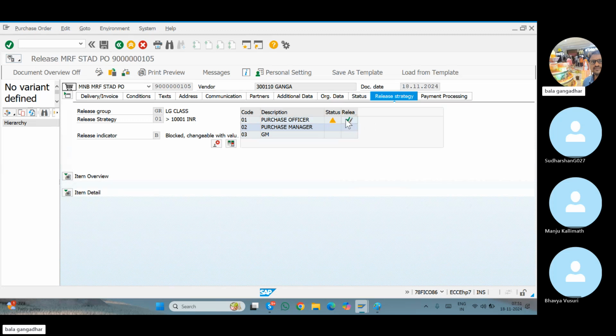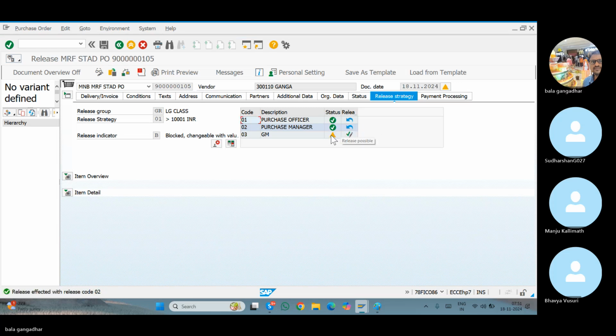Now I'll release here. Once this is released, then only it is possible for the purchase manager to release. Then once it is done, it will go to the next purchase status. Like this, we'll release all the purchase release portions